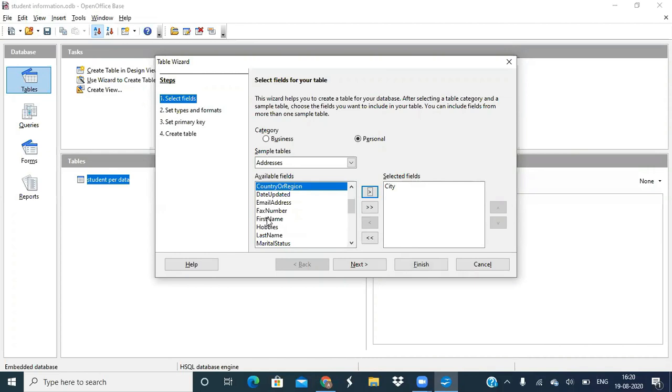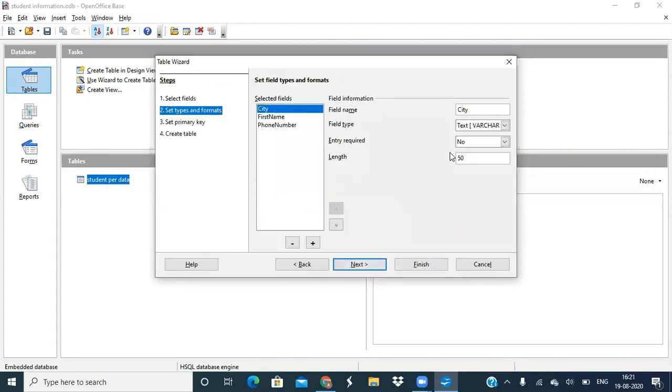Just like I'm taking city, first name, then phone number. Then next, you can change the field name. If you want to change the field name, just like I want to change first name to student name, I can change the field name.